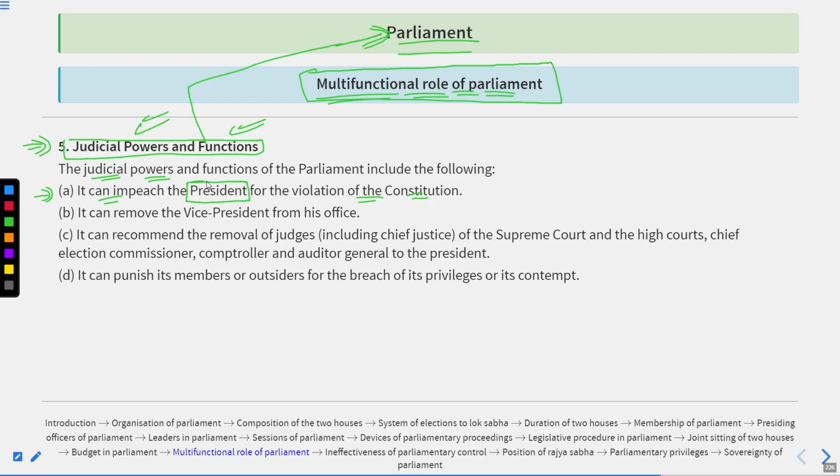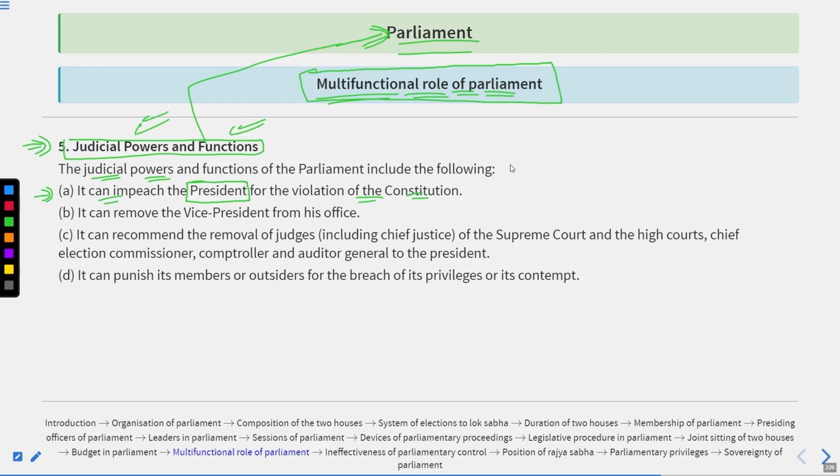an advance 14 days notice is to be given to the president that an impeachment is to be brought against him in the parliament. Then the bill for impeachment requires the special majority, and special majority means two conditions. First, that 2/3 strength sitting and voting must be in favor of the impeachment.